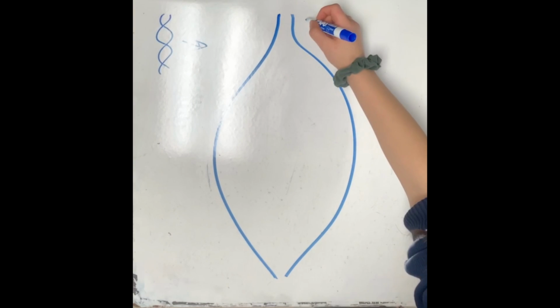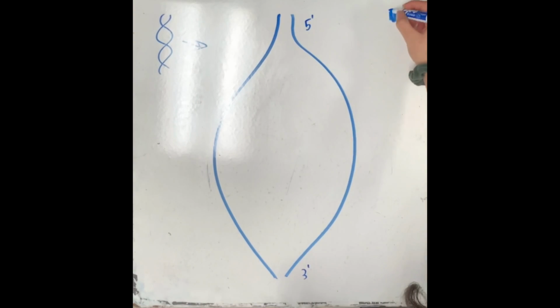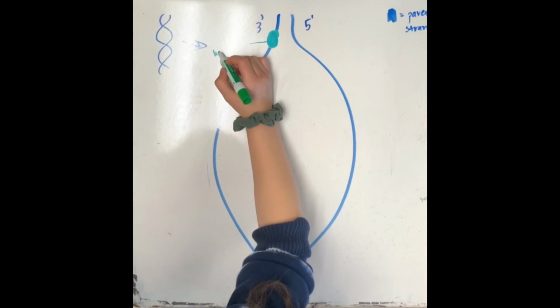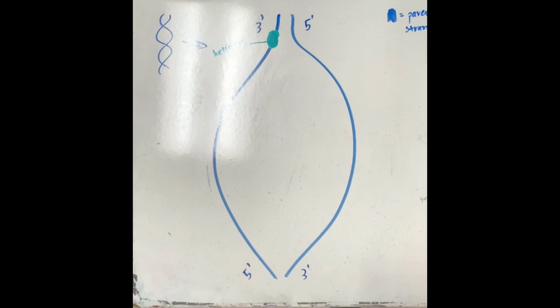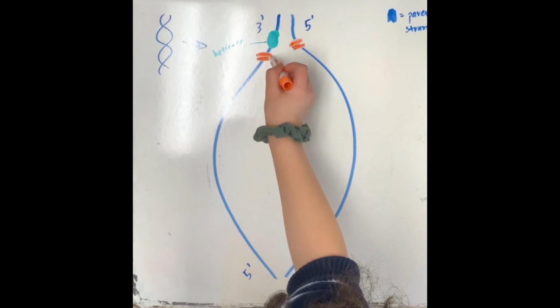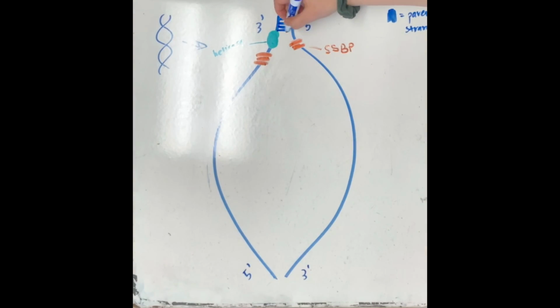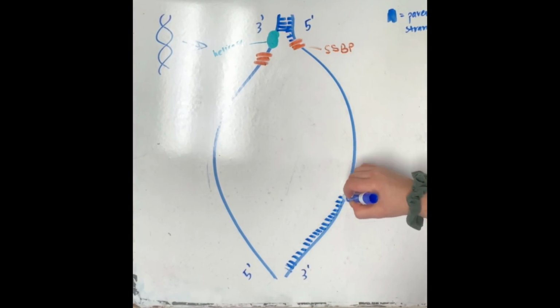Now that we know the structure of DNA, let's go over DNA replication. DNA replication first begins at areas called origins of replication, which are short stretches of DNA with a specific sequence of nucleotides. First, proteins called helicases attach to the DNA and untwist the strands at the replication fork, as represented by the green marker. Once the strands separate, single-strand binding proteins, or SSBPs, bind to them, which keeps the strands